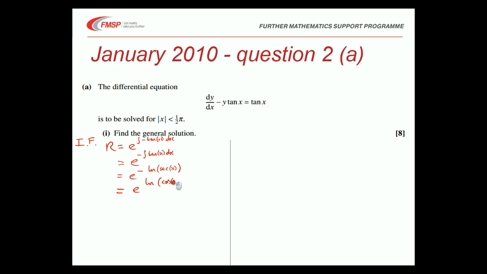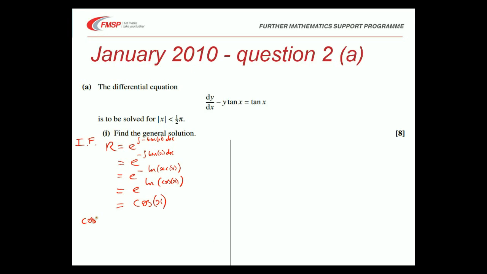So I can rewrite this as log of cos x. Pause there and reflect if you're not sure what just happened, but this is good because I've got e to the power of logarithm something, so this is just cos x. The integrating factor is cos x. Multiplying through by cos x would give us something nice, and I'm going to shortcut jump to the final solution,